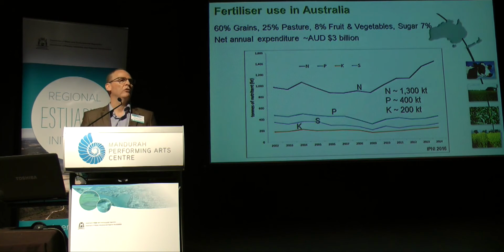If we look at the trends in use, you can see a small decline over the last 15 years or so in the amount of phosphorus, potassium and sulphur that is being used at a national level, but a kick up in the amount of nitrogen that is being used. And I think that sort of followed after the millennium drought and the implications that had for fertiliser use, and again in confidence, I guess, particularly in the eastern states.